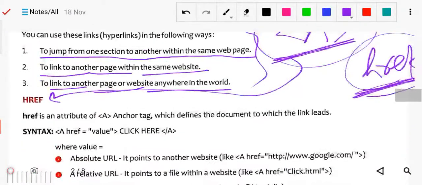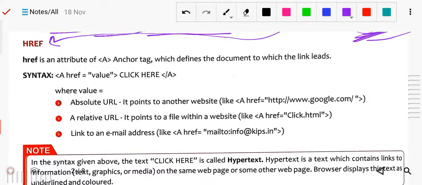Now see here. What is the syntax? The syntax means the method of writing. We will use the a tag because that is the anchor, and with this we will use the attribute href. Then its value, whatever value you want to write, write it there. Then after that, "click here" will be the text that is displayed, and it works as a link, meaning whenever you click, it will jump to the value. Now the anchor tag is closed.